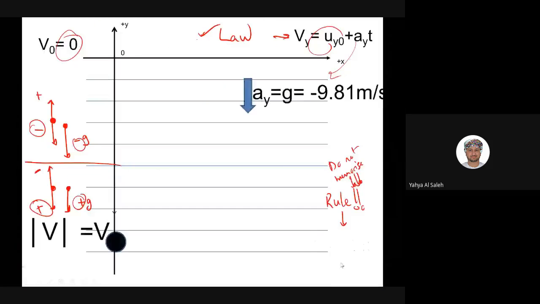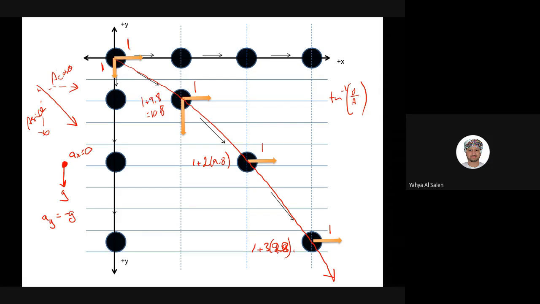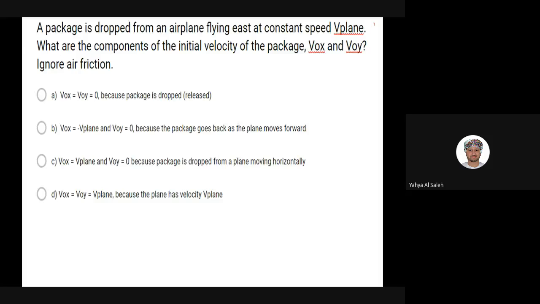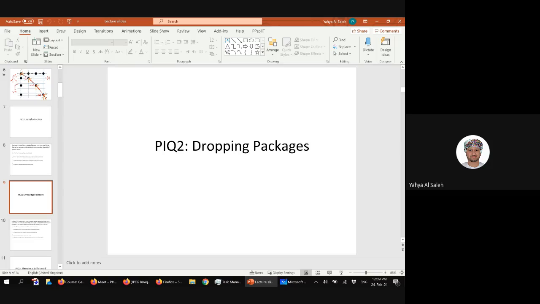Now, we discussed gravity, we discussed the direction of gravity, and we discussed this. Okay, we discussed what happens when we are going at an angle, and then we discussed the package when it's dropping from an airplane, what are the initial velocities. Now I want you to think of everything we have done so far,